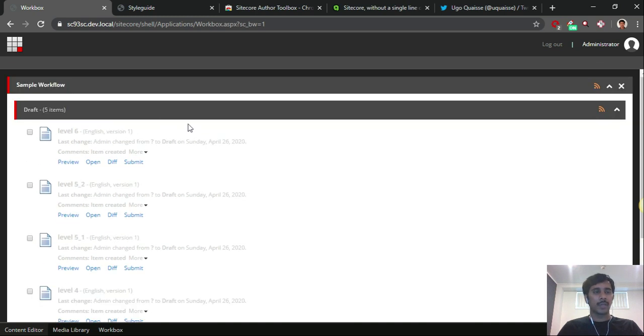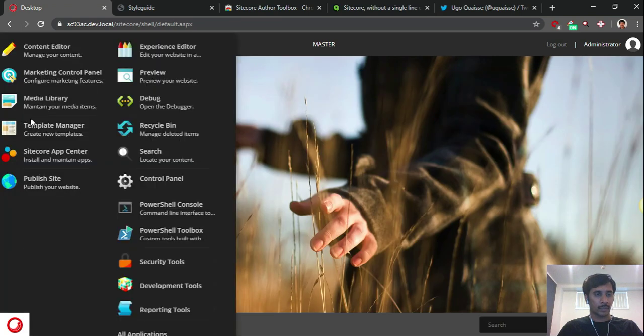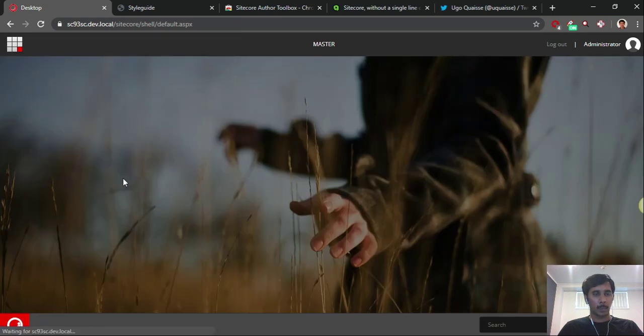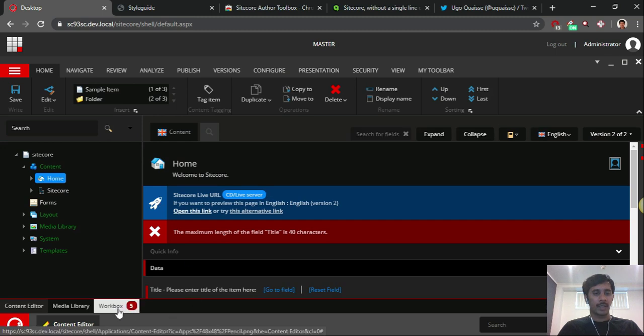This is a very useful feature for content authors in live production environments. And this also shows here as well. If I go to content data, even here in the bottom workbox, it will show notifications.